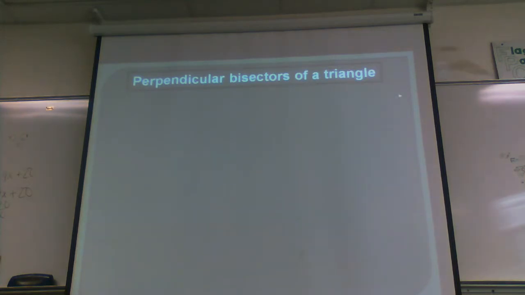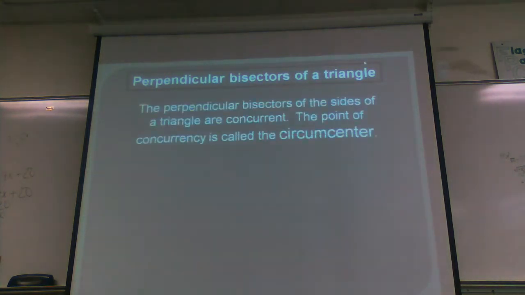First thing, okay, because we're doing perpendicular and angle, perpendicular bisectors are first. Everything's up there right now. What it says is if I took a triangle